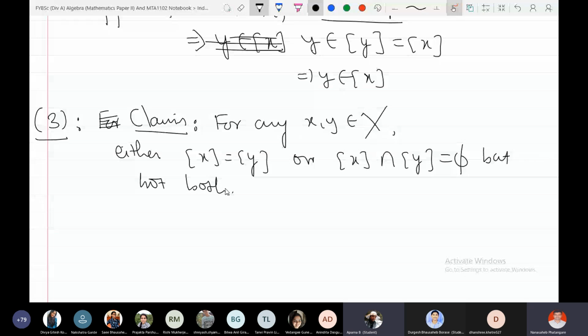Right. So if you have an equivalence relation and you look at the equivalence classes, you will find that